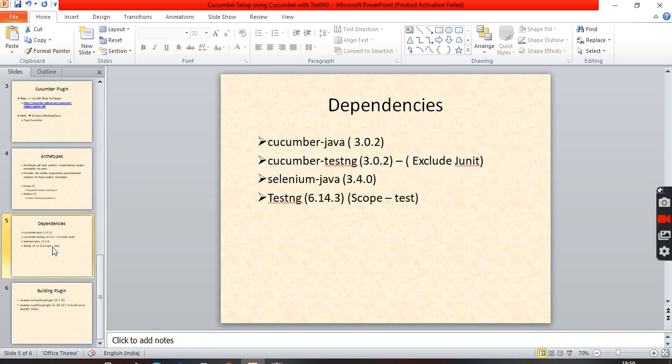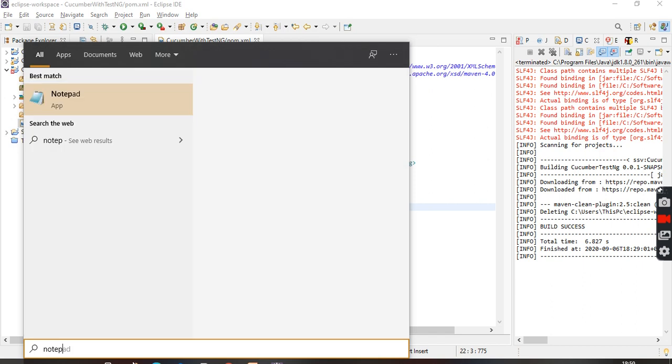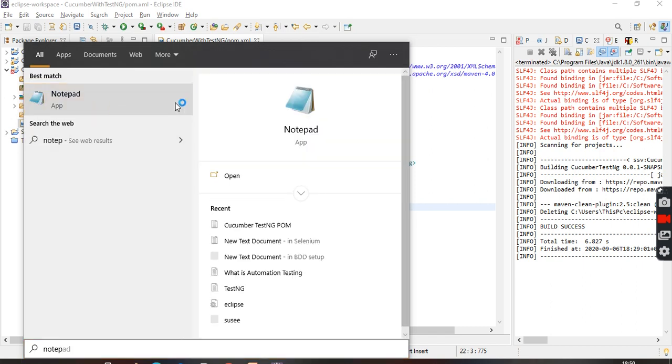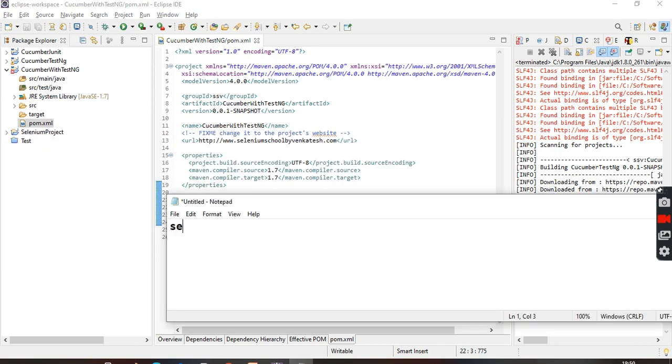What is a dependency? Dependency is nothing but your jar. Your project is depending on which software? What is the required software for your project? You want Selenium, TestNG, and Cucumber, right?